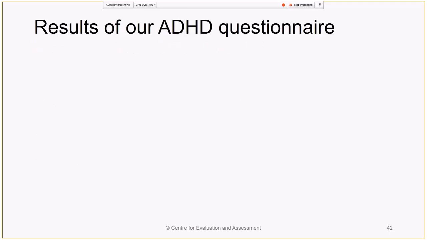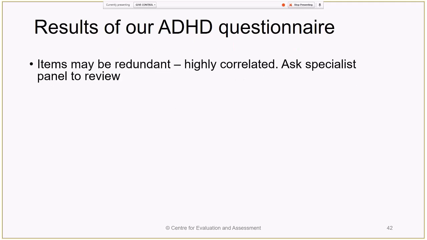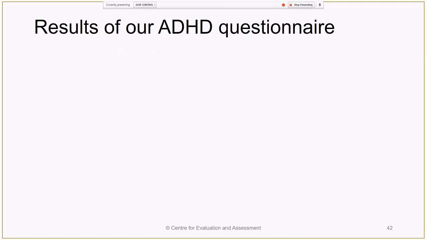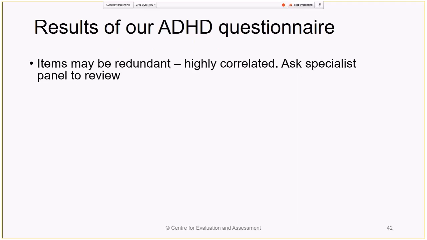But we have some areas that need work. So this questionnaire that is developed in the UK doesn't work completely as well as we would have liked it. Some of the items might be redundant, which are highly correlated. But here you need to talk to the specialists. Never just remove an item. That's a no-no. You first think carefully about that item, because what if it's an important aspect of the construct and you now go throw it out and then you're not measuring that part of the construct? So be careful. That's why you need to consult people who really know and understand the construct.